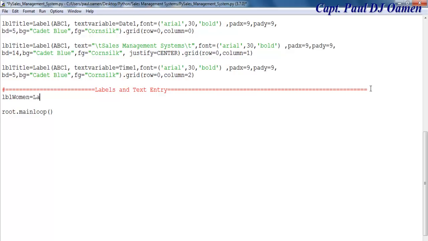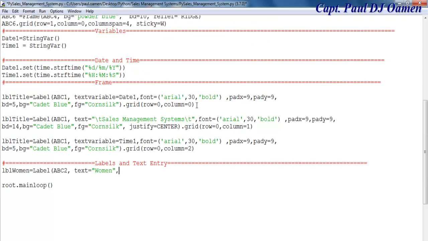LBL women section equals label, and that is going to be inside ABC2, that's frame 2. The text content on it is going to be women, and for the font, I can just copy fonts somewhere, sort of type, and paste that in there. Now we have fonts, and change the size of that font to maybe about 20,